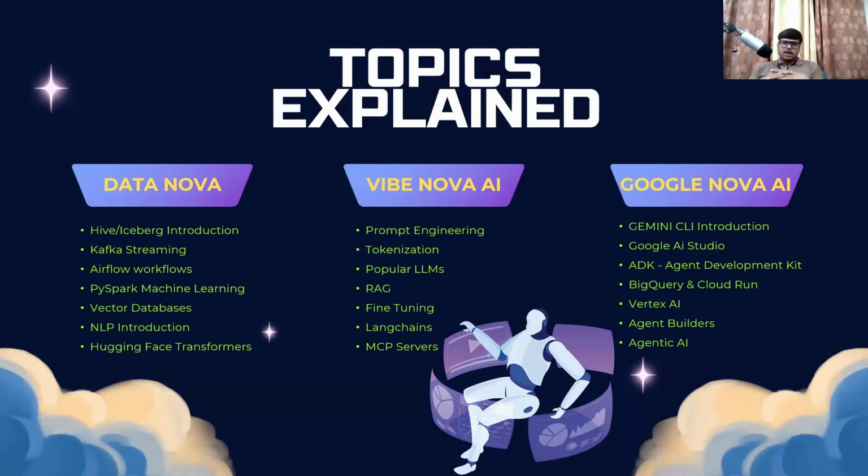NLP platform. Natural language processing is a basic for the development of all your prompt engineering and context engineering. So you must know the basics of NLP, how it is working with the analytical library, and this is going to be integrated with the Hugging Face transformers. Transformers are a part of NLP, and we are going to run all the transformers with encoder and decoder architecture. So you must know the foundations with them also. These are the combination set of Data Nova. This is the foundation to enter into the Vibe Nova platform.